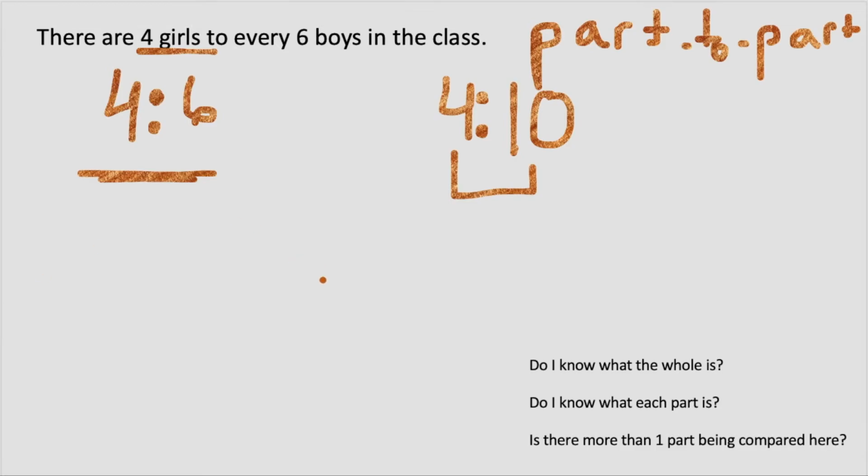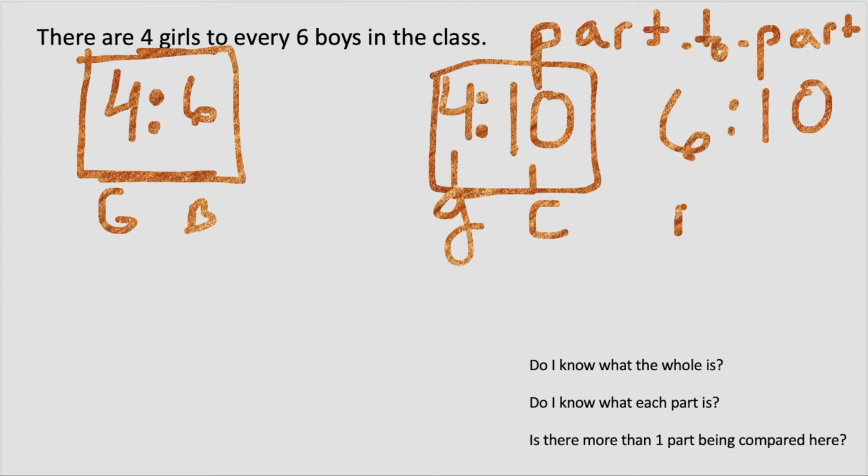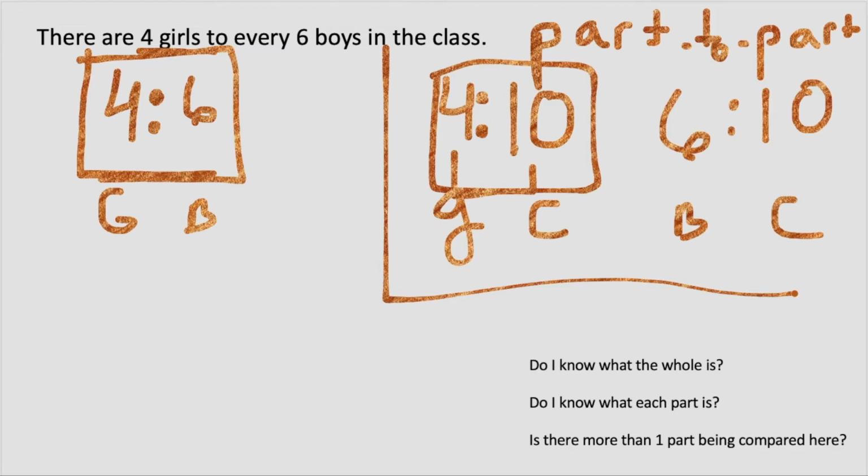Okay, and then can I change this to a fraction? So this is the ratio of boys to girls. This is the ratio of girls to the class. This is girls to the class. This is girls to boys. And then I could even have a ratio as well of boys to class. Okay, there we go. And I can change these ratios to represent fractions because they have a whole,